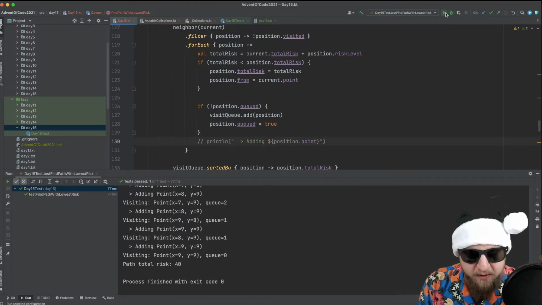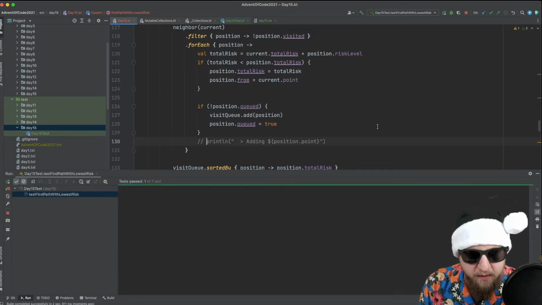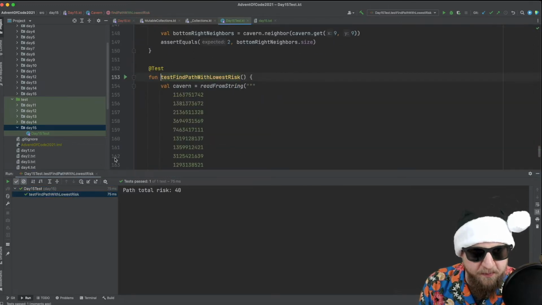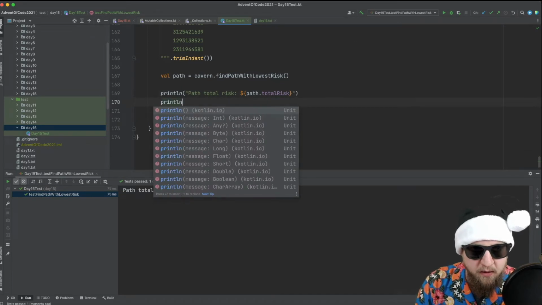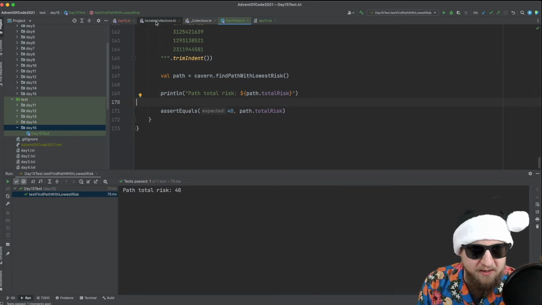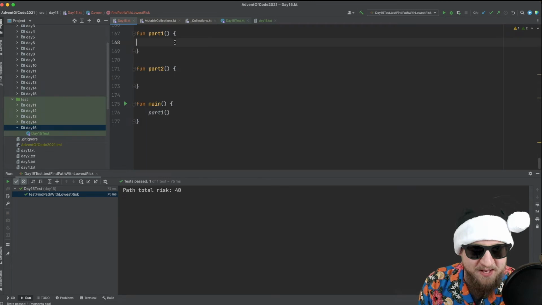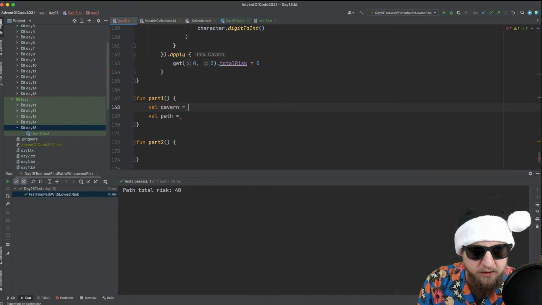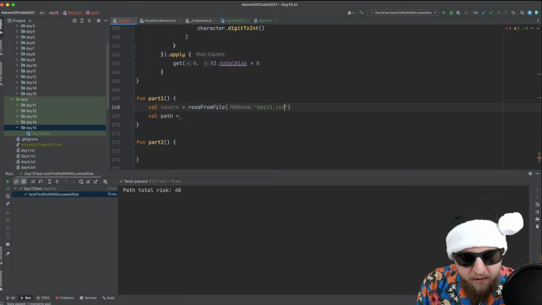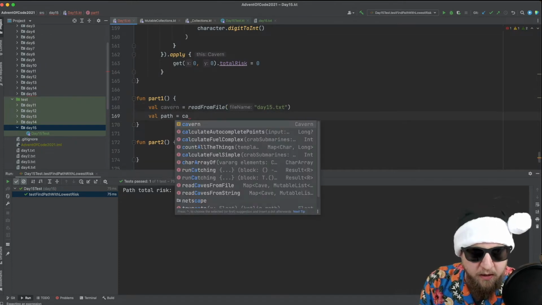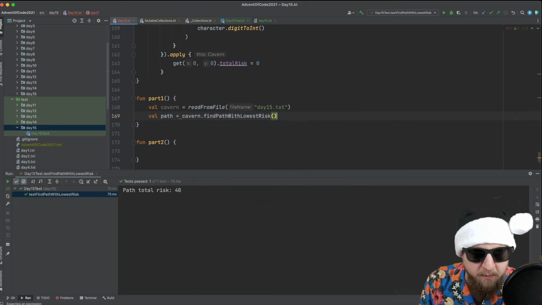Let's get rid of the prints. We found the total risk. Woohoo, this is awesome. Do we want to print the path? It's essentially not readable. Let's run it on part 1. So we have a cavern, which is read from file of day 15.txt, and then we say cavern, find path with lowest risk,